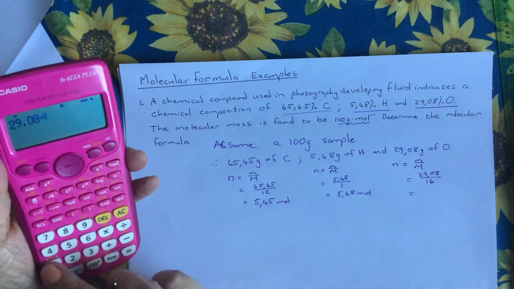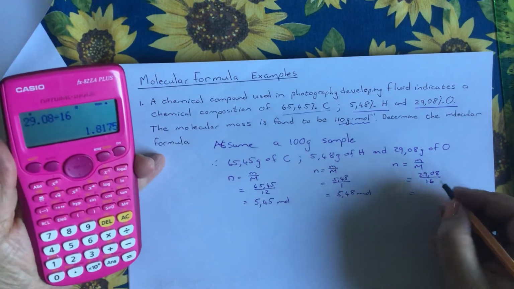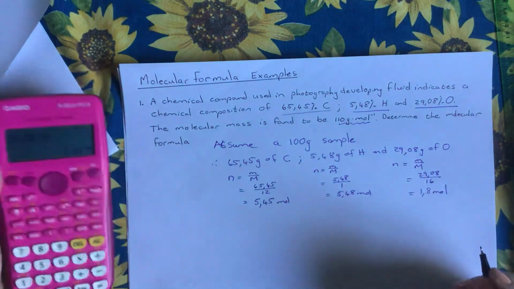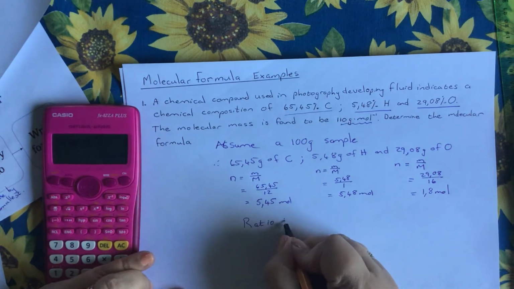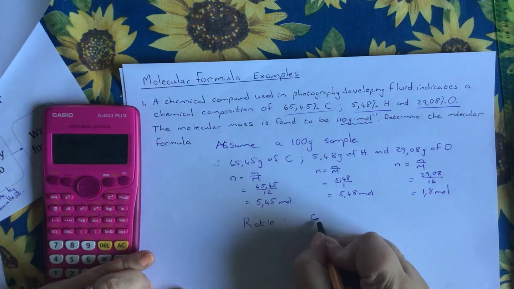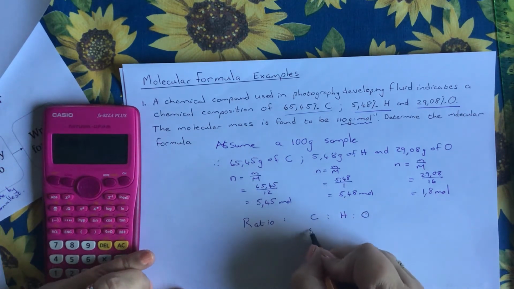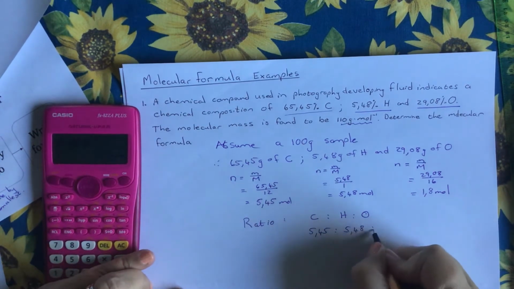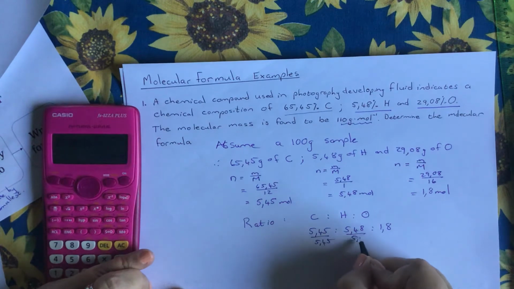29.08 divided by 16 is 1.8 mole. Now the ratio, carbon to hydrogen to oxygen: 5.45, 5.48, 1.8. So the smallest one here, 5.45,